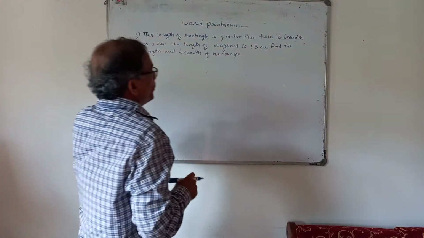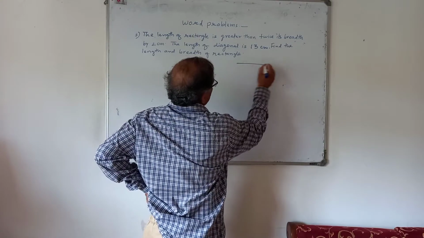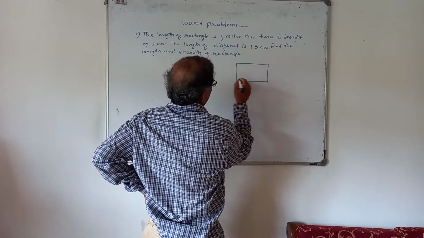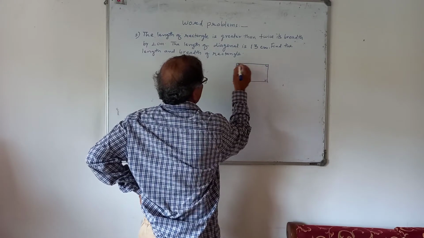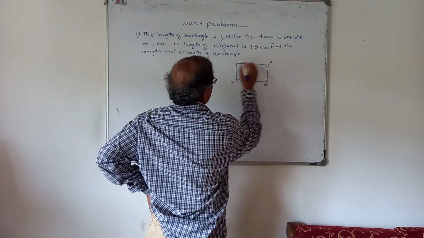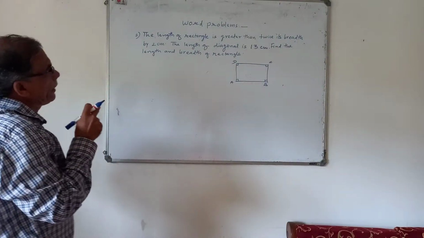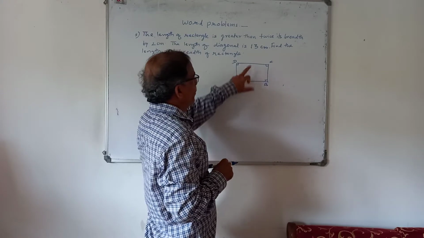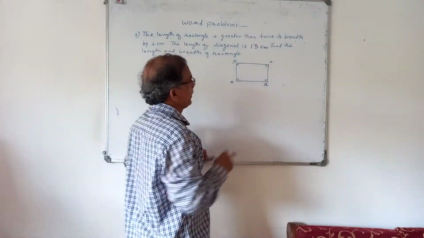Now a rectangle, you know, is a parallelogram where opposite sides are parallel and equal. All angles are 90 degrees. This is a rectangle, isn't it? Suppose ABCD is the rectangle. If this figure is considered, AB will be the length and AB equals DC, and AD will be the breadth, which is equal to BC, isn't it?